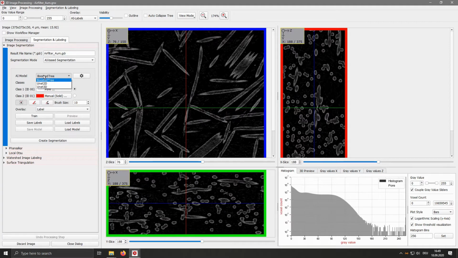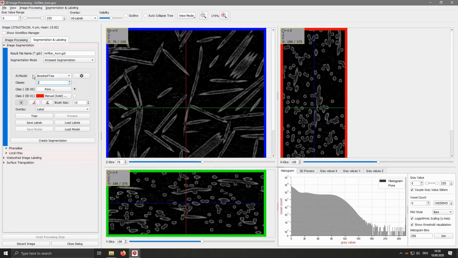Compared to this, the UNet model in general requires more training data, so you need to label more, provide more labels manually. But it also has the capability to better understand the CT scan and yield better results if enough training data is provided. For this workshop, we will use the boosted tree method, as the UNet method takes a lot longer to train, and without a proper graphics card, it will take really long.